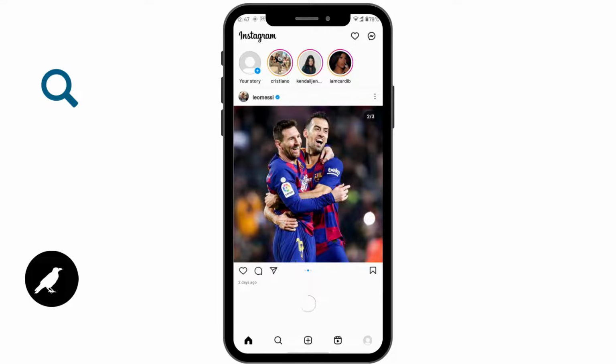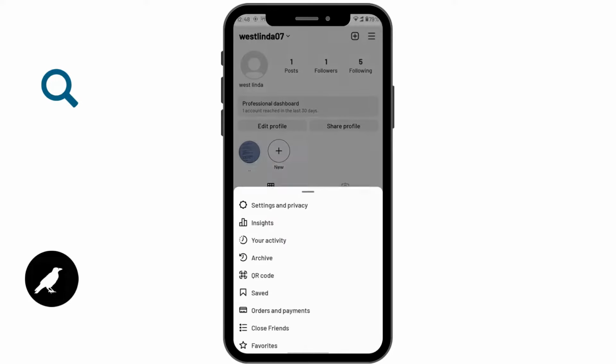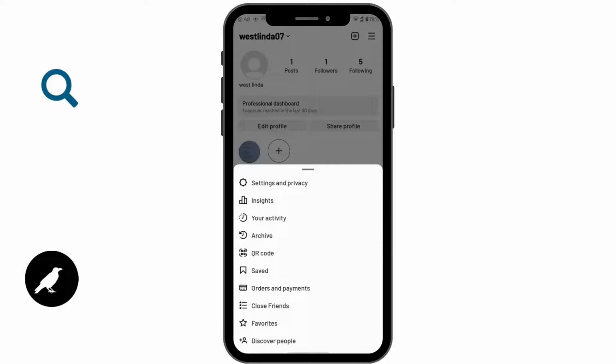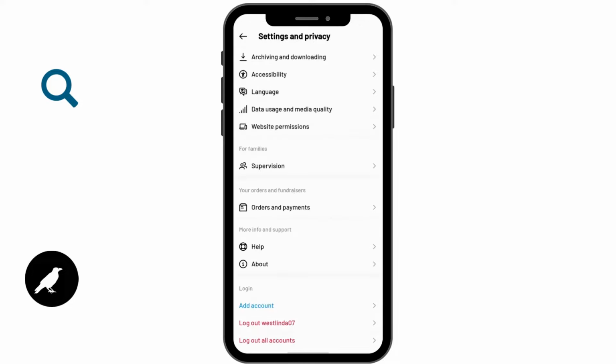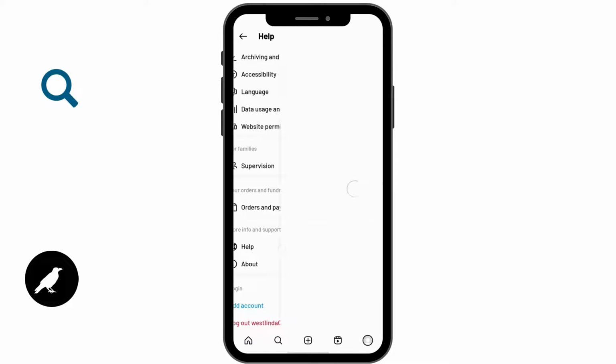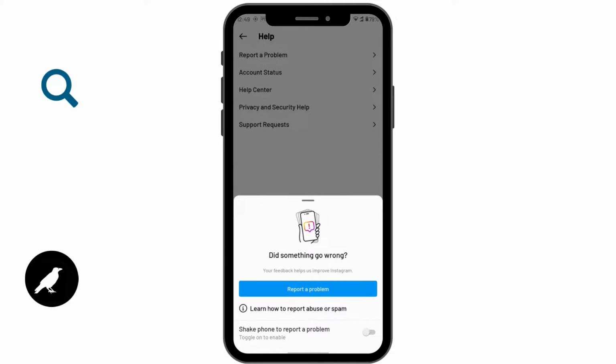then here on the bottom right corner you will have your profile icon. Tap on your profile, and here on the upper right corner you will have the three bar icon. Tap on that, and here head over to settings and privacy, and under settings and privacy you will have the option help. Tap on help, and here on the first option you will have report a problem. Tap on that, and then tap on report a problem,